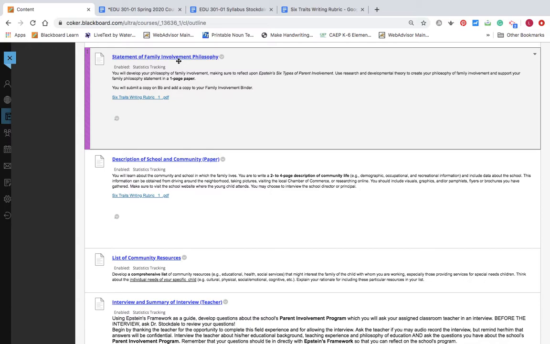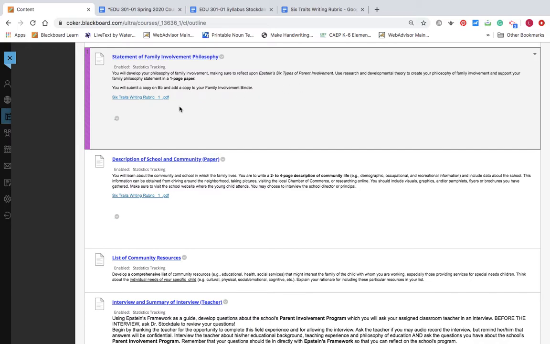This is something we haven't talked about yet, but we're going to use Epstein's framework, and that is in your text. It's also all over the internet, but Joyce Epstein mentioned 6 types of parent involvement, and so that's one